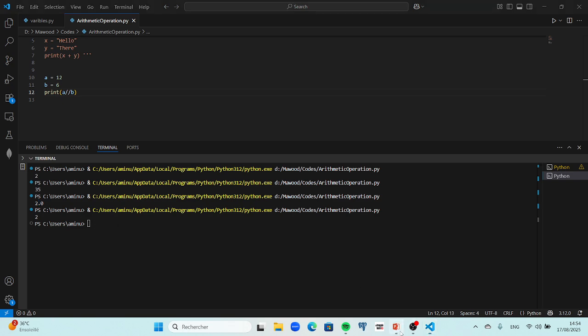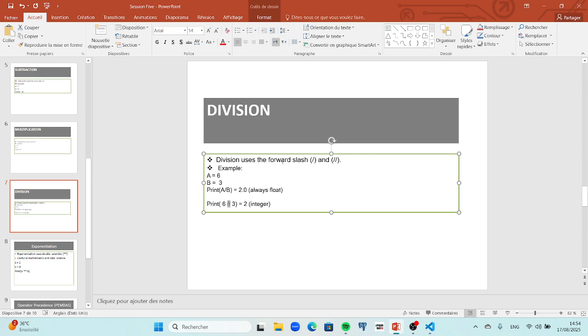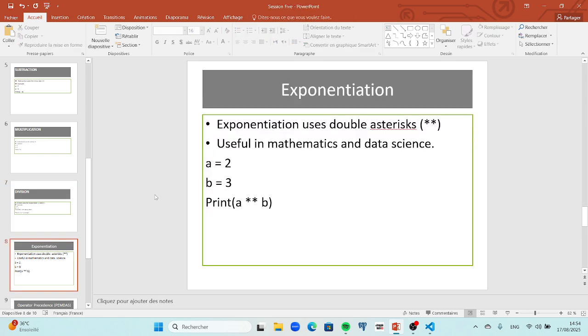So in summary, we use these two signs to divide numbers in Python. You should understand the difference between these two signs. If you use this one, the result is always float, and if you use that, the result is integer. All right,